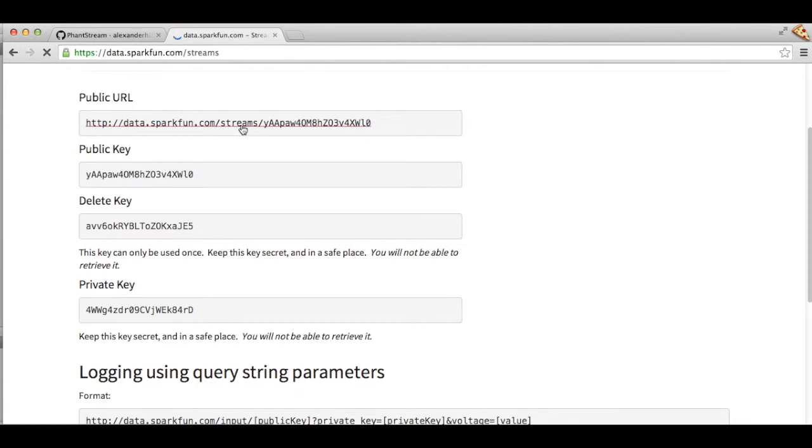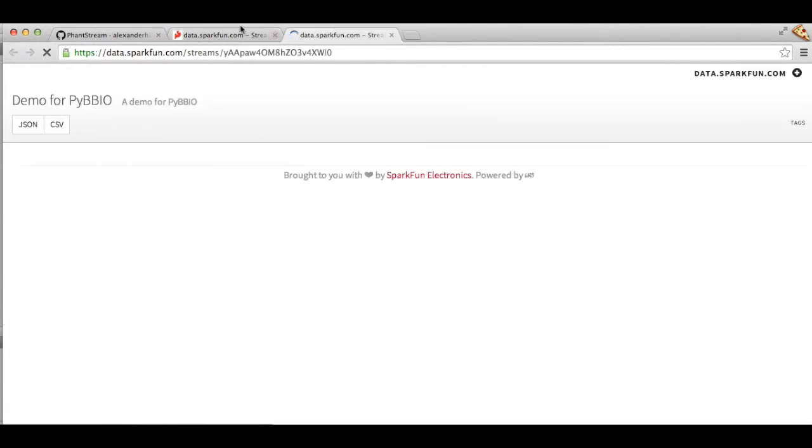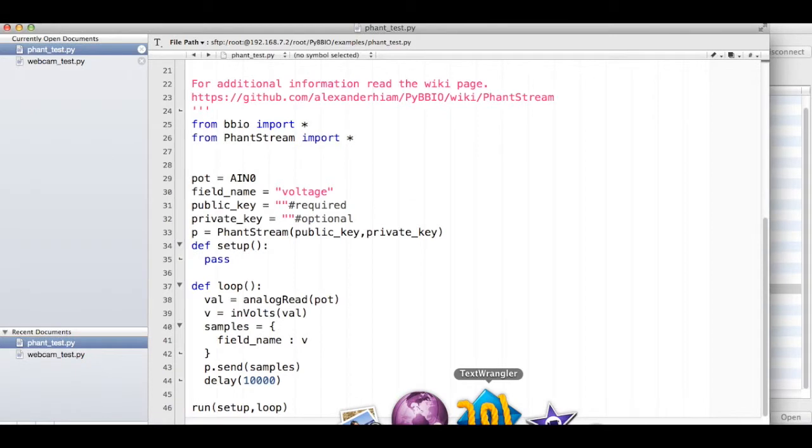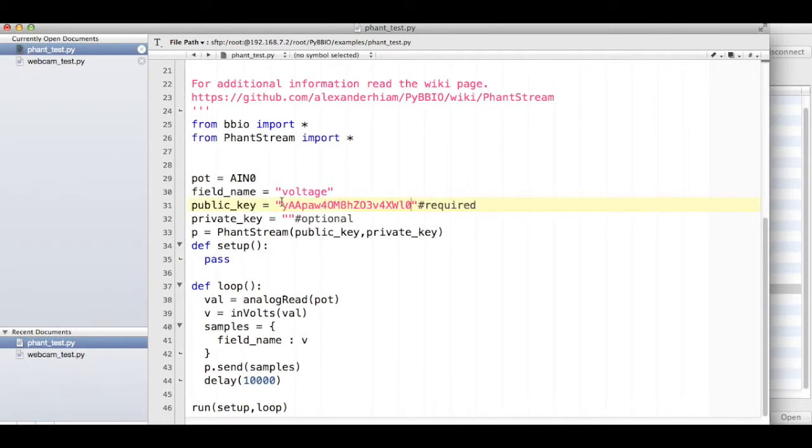So when I created the stream, I get a public URL using which you can see your log data, and there's a public key, a delete key and a private key. This library uses only the public key and the private key.